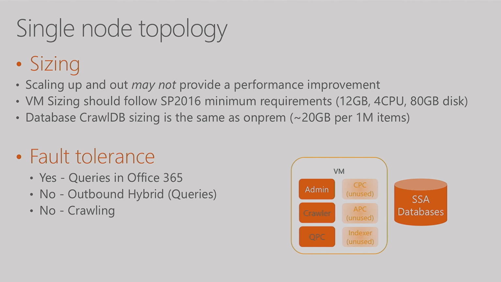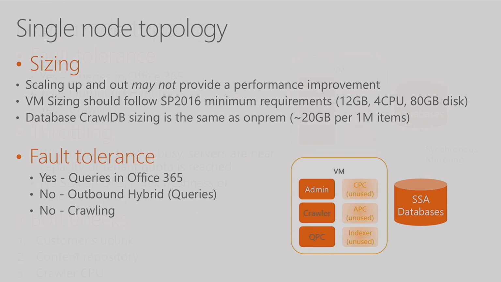So from a scaling perspective, it's just a SharePoint box, right? Yes, it's a search box. It's only doing crawl and admin, so you don't need to think too much about how much horsepower I need for an indexer. There isn't one on premises, so you don't need to do that. In terms of fault tolerance, a single box will give you query fault tolerance in Office 365 because we query in Office 365, not in SharePoint on premises. It doesn't give you any fault tolerance for the outbound experience, though, because you've only got a single machine